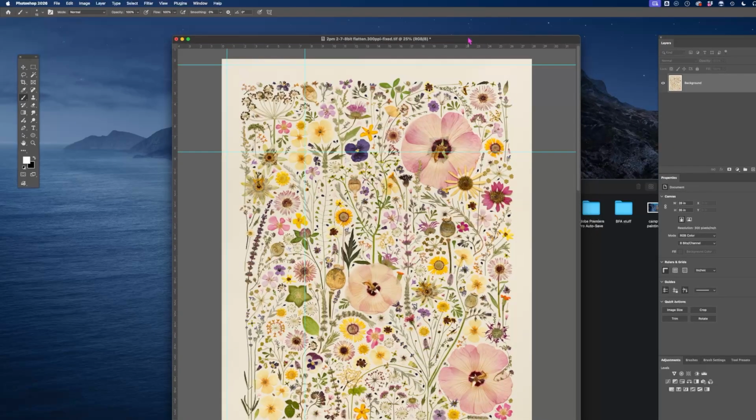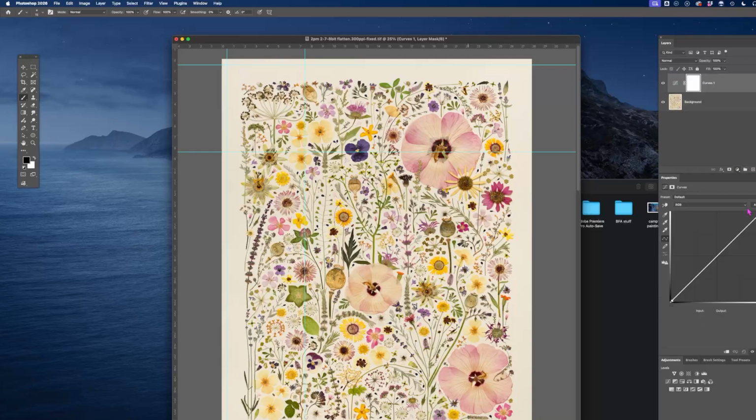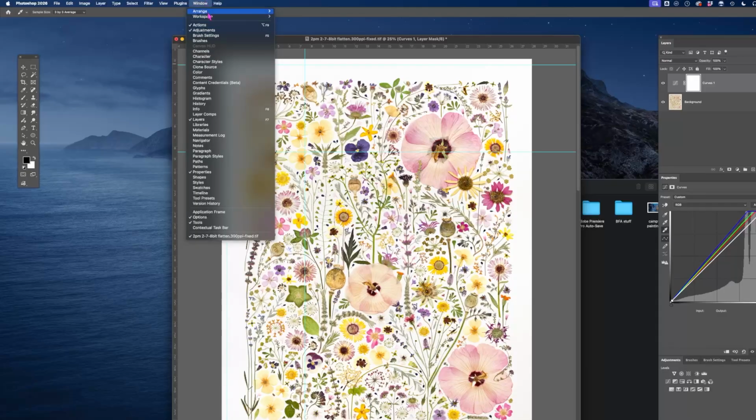There are two things you can do. One is curves, but curves never really gets it. So if I take curves, for example, I'm going to do the curves first. If I take curves and I select white here, I'm going to tell it that this is the white point. It looks white to the eye, but then if we look at our